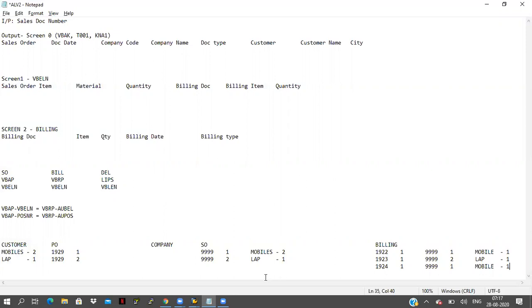Okay, sir, I have a doubt. Yes. Sir, here we are passing the SO number, right? As soon as we pass the SO number, will the data be loaded, or do we have to fill it manually? Which data? This billing data? This item number, quantity, and yes, billing data. We have to maintain it manually.